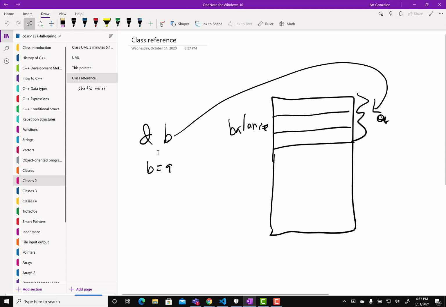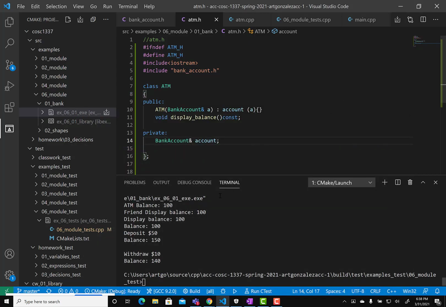So a reference to a class points to an already existing class, right? So say we had a bank account A, and if we say B equals A, and B was a reference, then B is not its own class, it's pointing to an already existing class. So if we come back and look at this code,